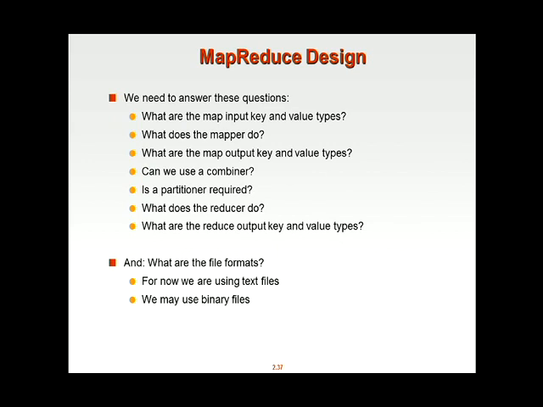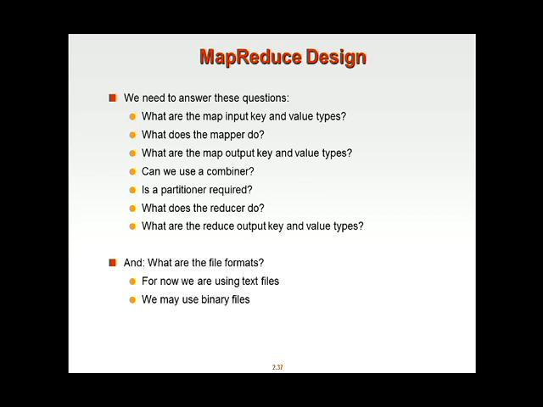Now, for you, this is a new problem, and given a problem, you need to design a MapReduce algorithm. So what do you need to think about? Normally, you need to think about the following questions. First is the data format: what should be the input key and value, and what should be the output key and value data types. This is actually the easiest task, but the data types decide what you can do in the next few steps. For example, next you need to decide what the mapper does,